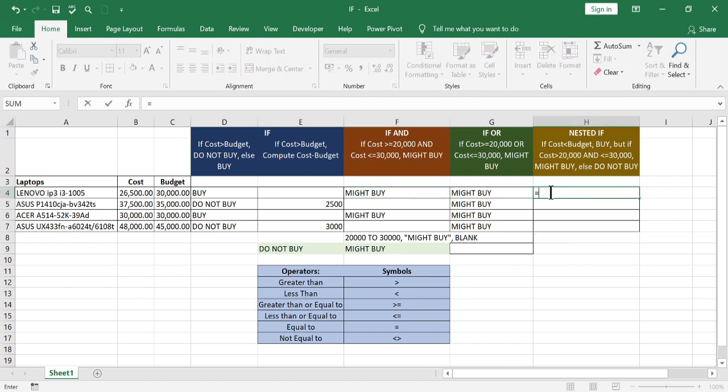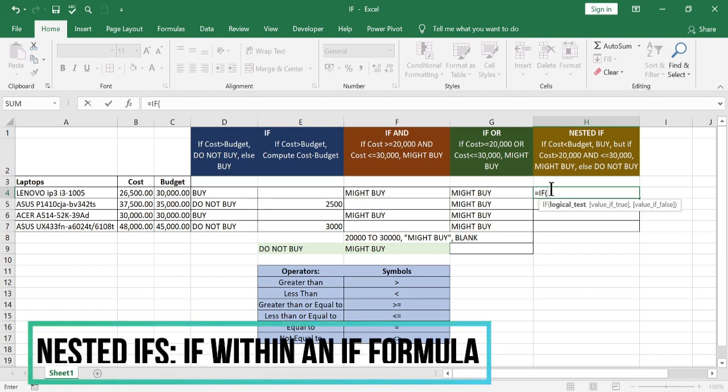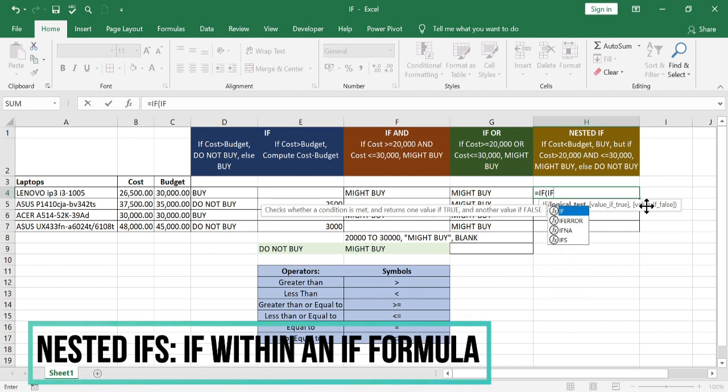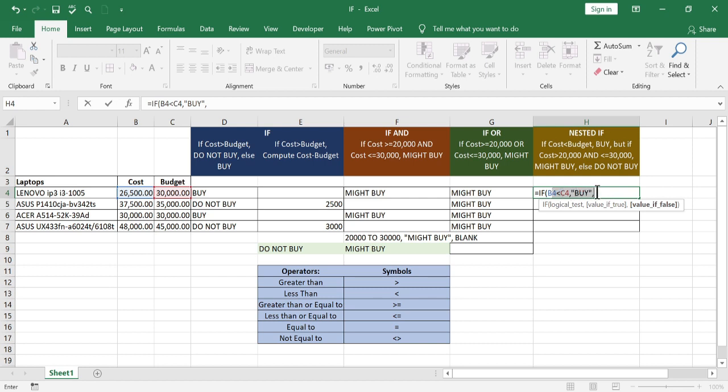For the nested if, let's type in if. The nested if is an if within an if, so we have to first check the first condition. So cost is less than budget, okay? If the cost is less than the budget, then we buy. And if the value, so that is the first, right? So this is the value if true. Whereas for the value if false,